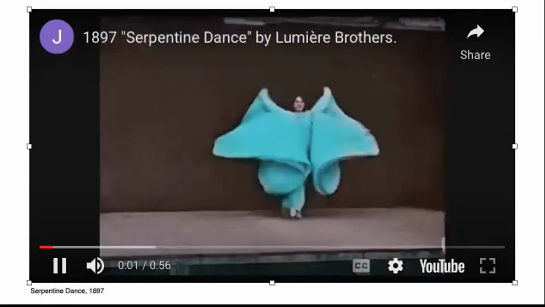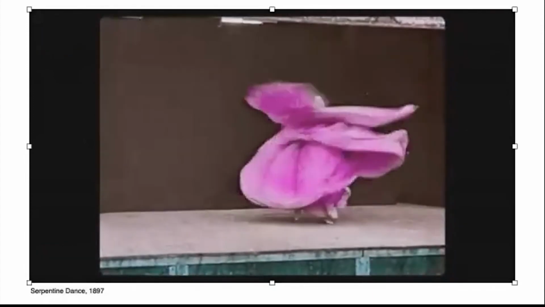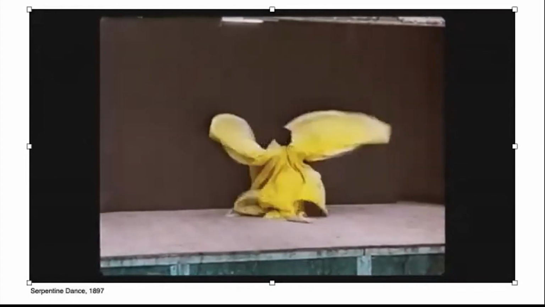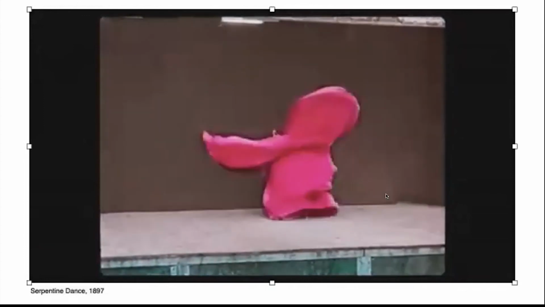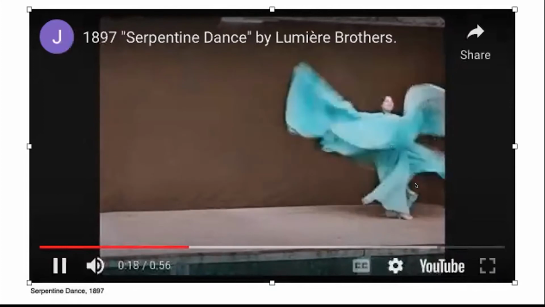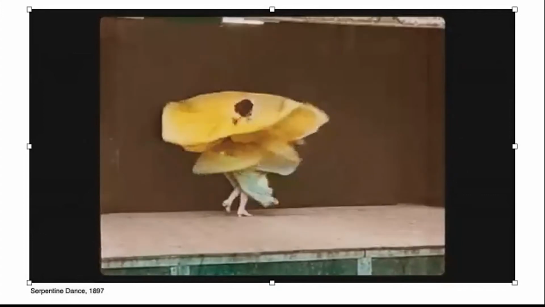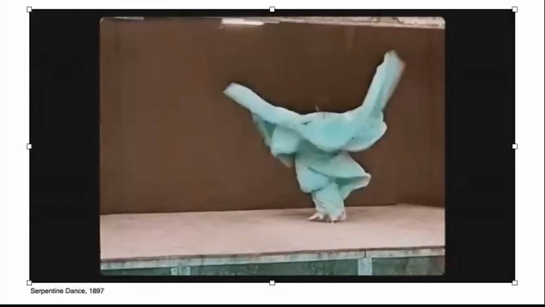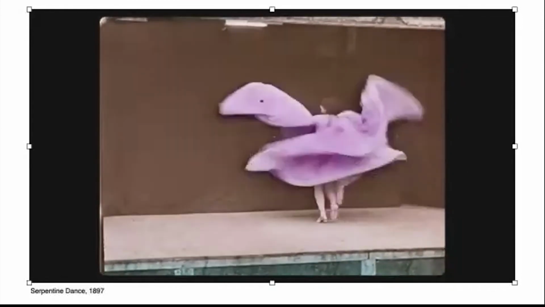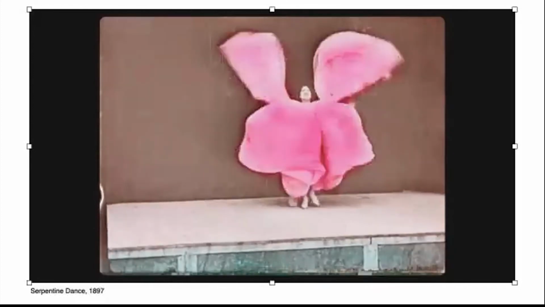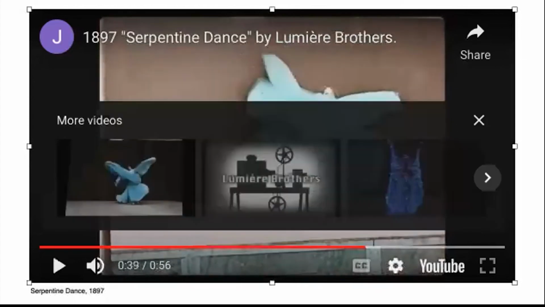This is performing the serpentine dance. You can see how such a vast departure this is from the two-step Washington Post dance. And the film was hand-colored. This was an attempt to represent the lighting techniques that she was using at the time. The film technology just wasn't capable of capturing color at this time, so they had to hand color everything. It's a little bit mesmerizing to me, at least. All right, so